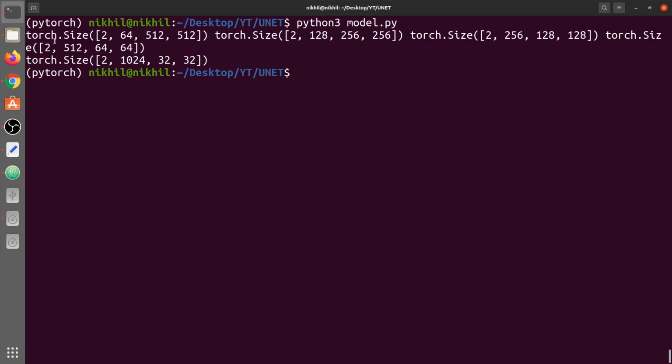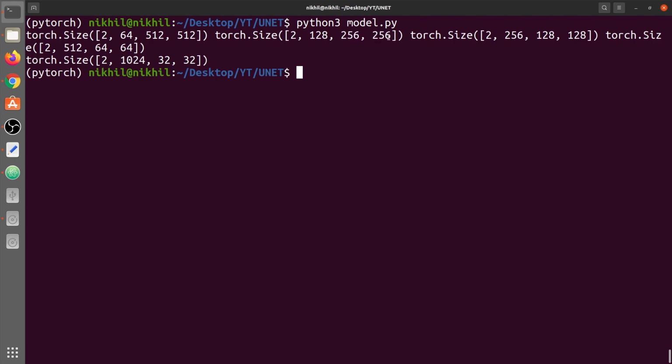If you see the size of the first skip connection, just remember their height and width. The batch size and number of channels aren't that useful to us. Just remember their height and width. So first is 512, that is the same as the input size. Then after that is half, half the input size.